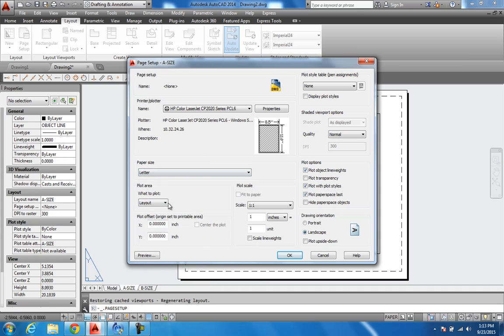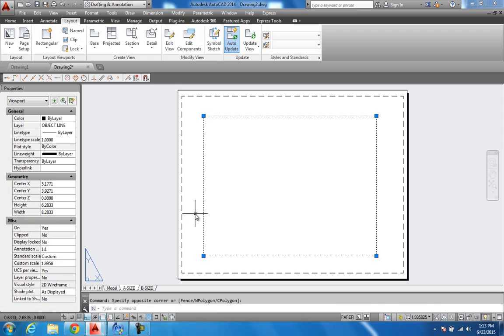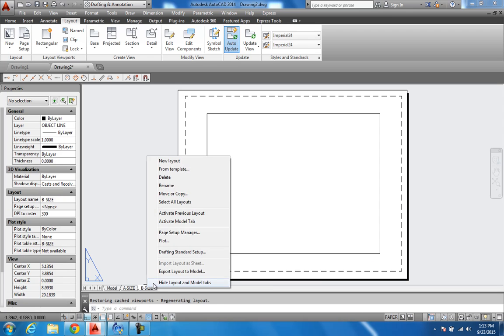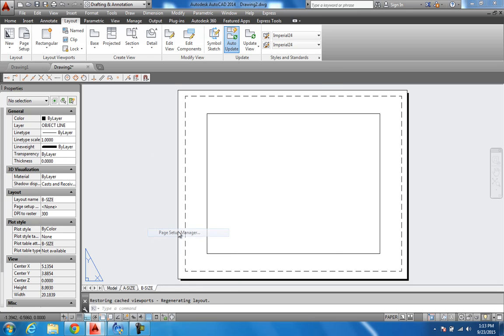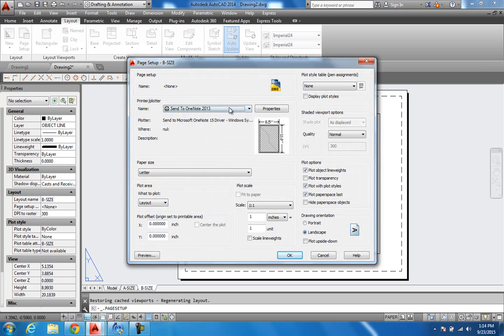Alright, that's good shape. And leave everything else alone. So we know that one right there is on A size, which is actually an 8.5 by 11. Now the B size, I want to right click on it, go Page Setup Manager. We have to modify it once we're in there. For this one it's going to be a little bit larger, it's going to be 11 by 17, so I want to use my larger plotter